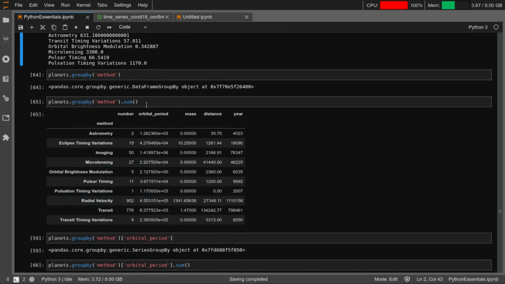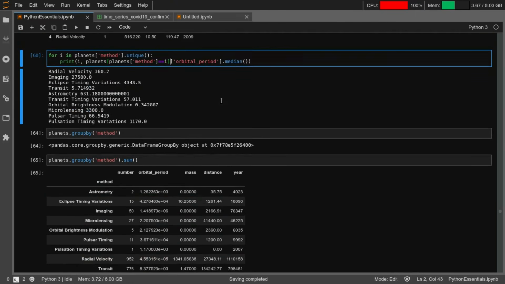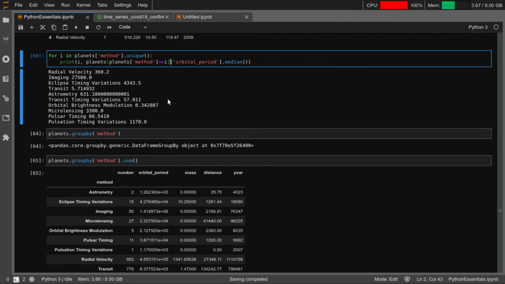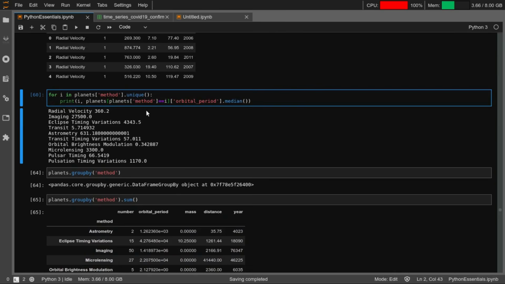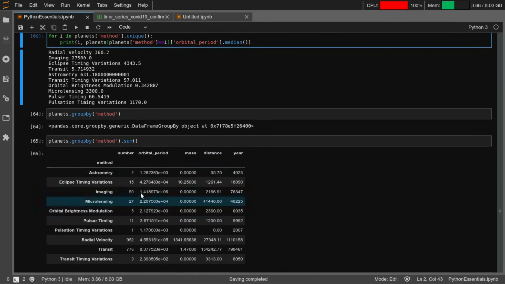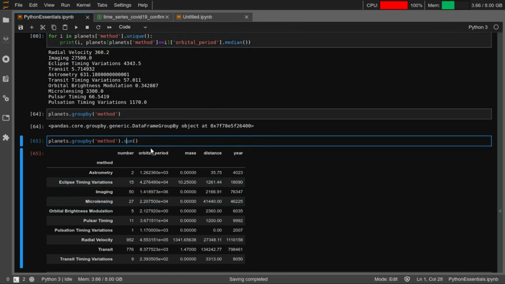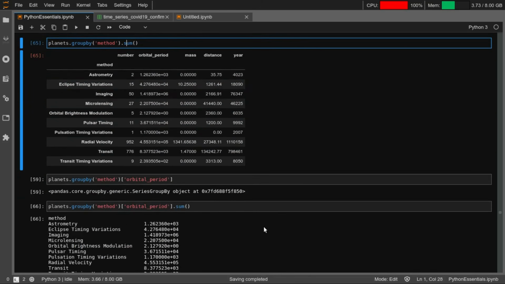Right. So one other thing that you could do, either through this or through group by, is on the planets dataset you call the group by method based on method, and for each method you have the sum of all the particular values that you have, right? So the sum of each column. You can replace this sum with mean or median or anything, and it will still work the same.